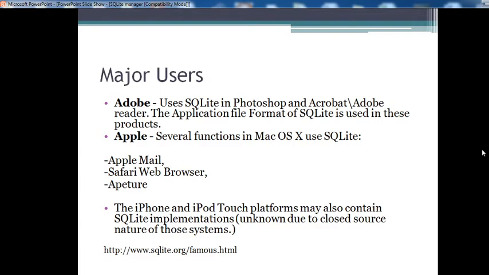Adobe Reader, Photoshop and Acrobat use SQLite; the application file format of SQLite is used in these products. Second user is Apple. Several functions in Mac OS X use SQLite, including Apple Mail, Safari web browser and Aperture. The iPhone and iPod Touch platform may also contain SQLite, unknown due to the closed source nature of those systems.